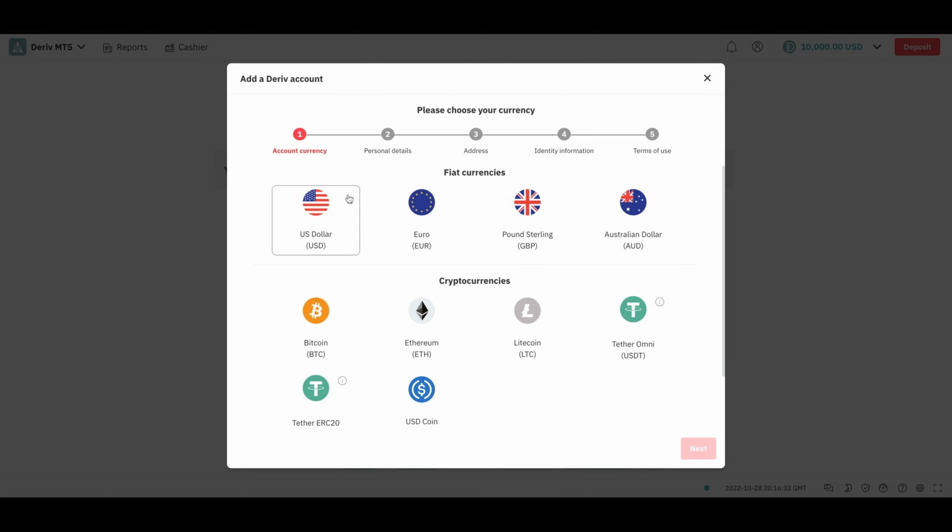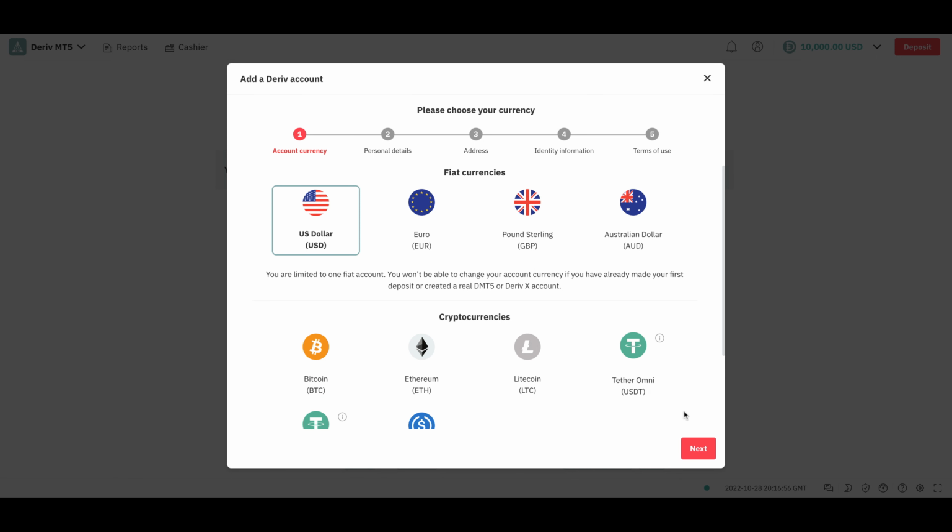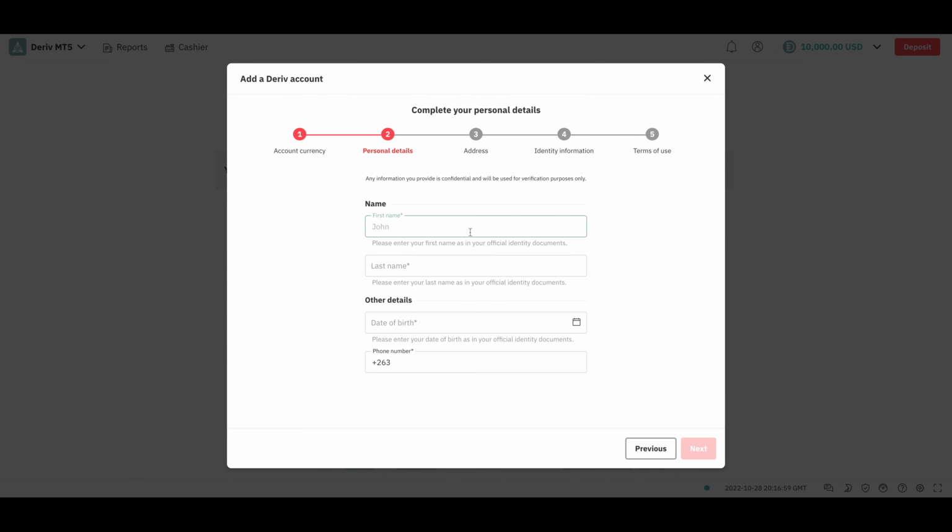So here you choose your currency. If you want to use USD as the fiat currency, if you want to use Euro, Pound, or Australian dollar, or if you want to go with Bitcoin, Ethereum, Litecoin, Tether, USD coin, or Tether ERC20. So I advise you to make use of USD. It's easy to work with. Then you click next. Here you enter your name, here your surname,